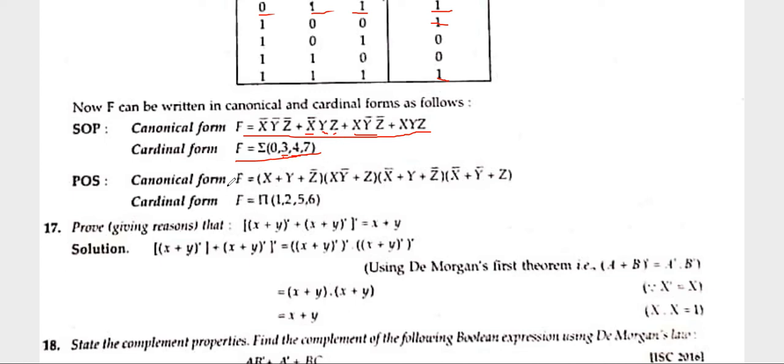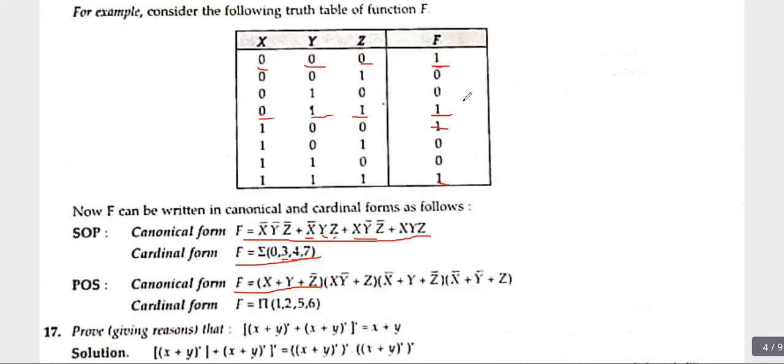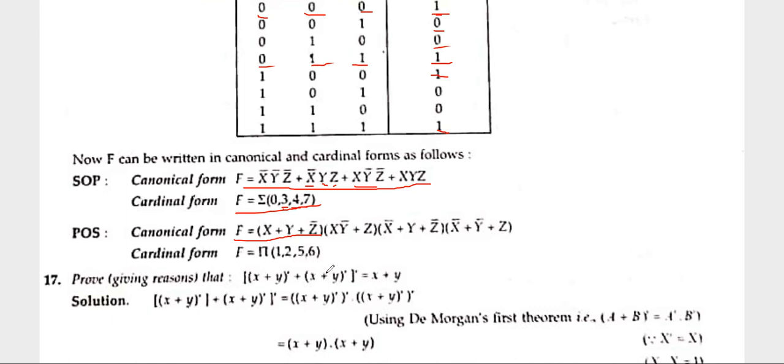The next is the POS expression. If a POS expression is given, how do you find it from the truth table? You are also able to understand it. We have also discussed this in the previous class. Here we are getting the 0s. With respect to the 0s, we are able to find all the sum terms or max terms. So with respect to this 0, this will be x, y and z complement, because in case of POS max terms, 0 will be uncomplemented. So from here you will get x plus y, and this is a 1, so it is complemented, and you will get z complement.